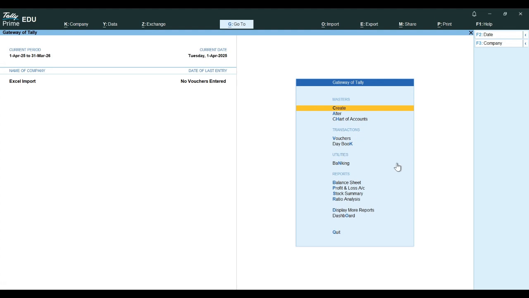Hello viewers, today I'm going to show how to import data from Excel to Tally Prime. Let us start. We can go to Import,